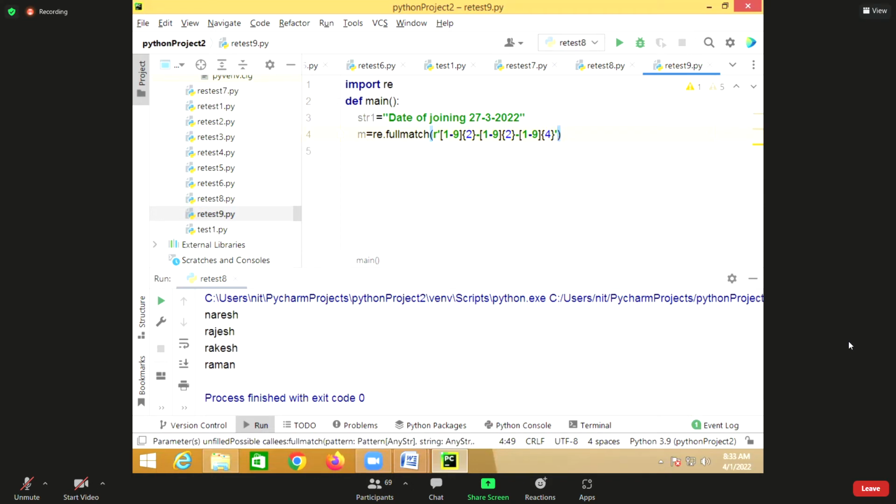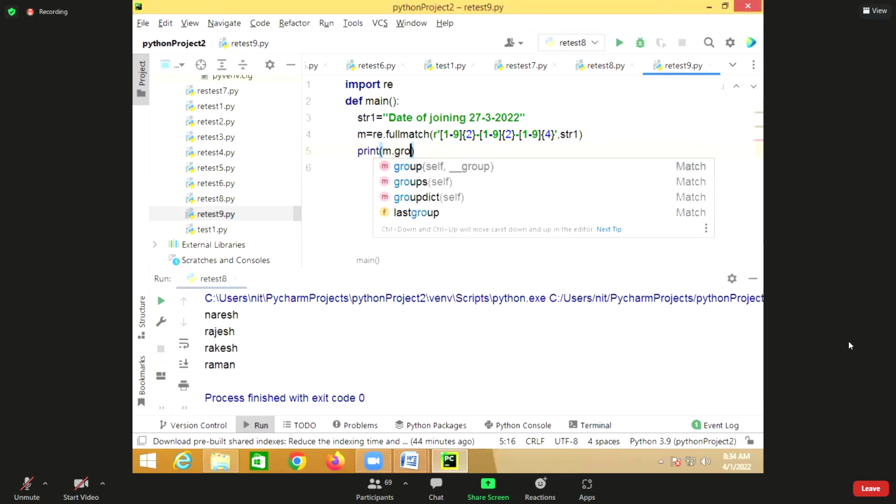And this pattern you are searching in what here? str1. So then I print the match. Match dot group. Group is nothing but the result.